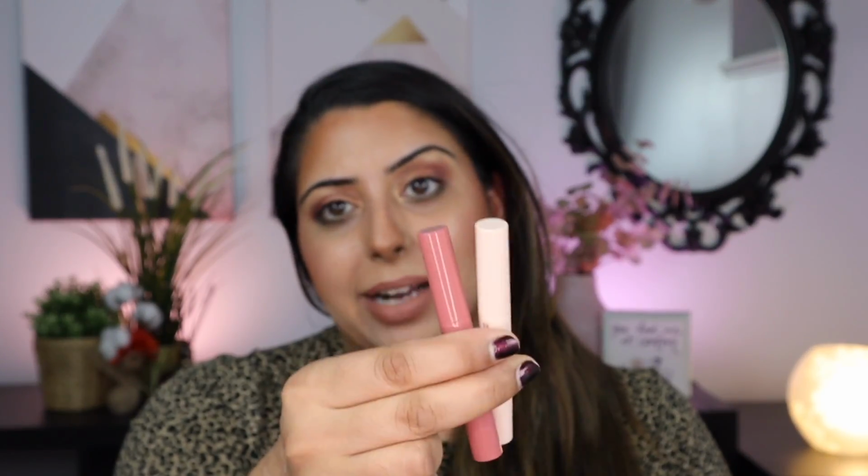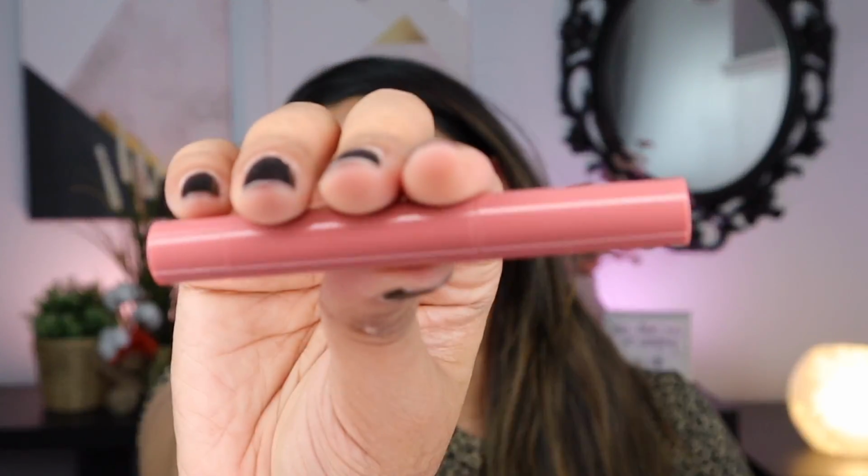Next, I packed 2 more lips by M Cosmetics. I really just wanted to get use out of my M Cosmetics product. So I packed these on my last trip with me, I think. I packed one of them. Which one did I pack? I think I packed this one, which is Venetian Rose. I really do enjoy this formula. It looks very glossy on the lips. It's really pretty. And then I also have it in the shade